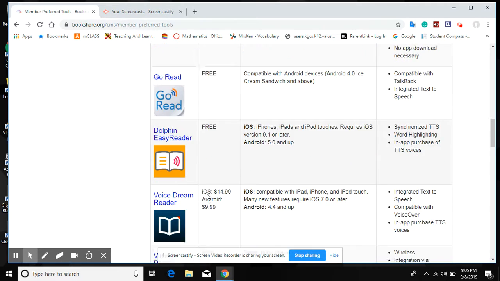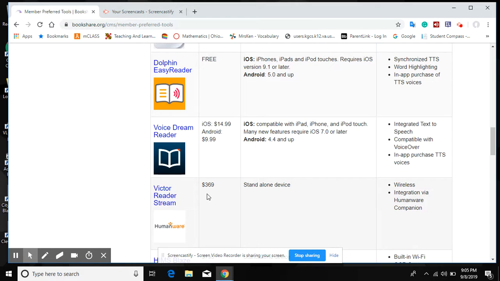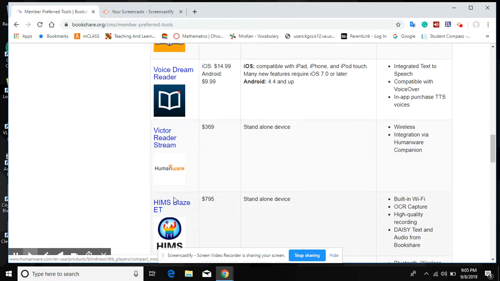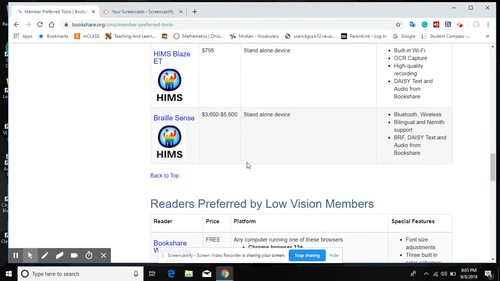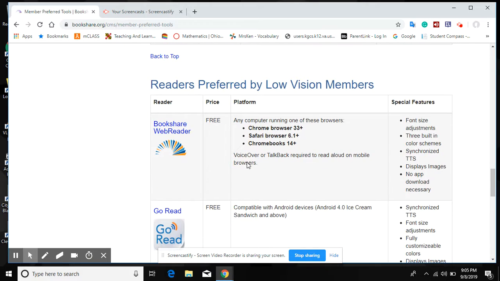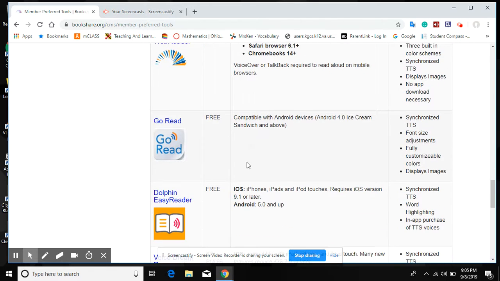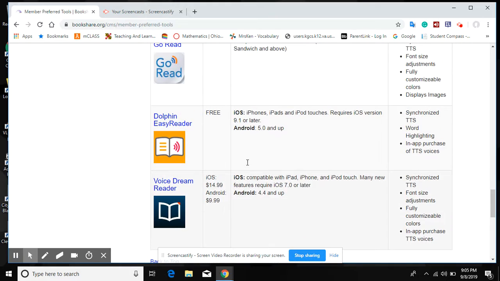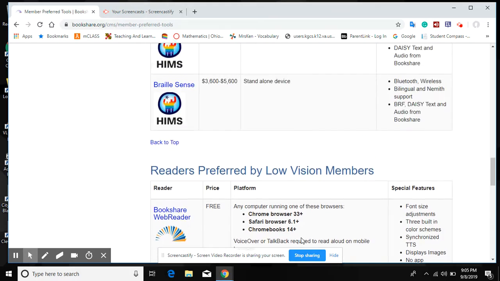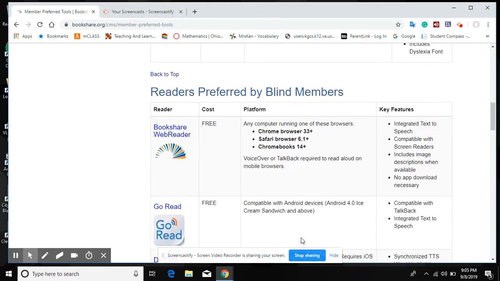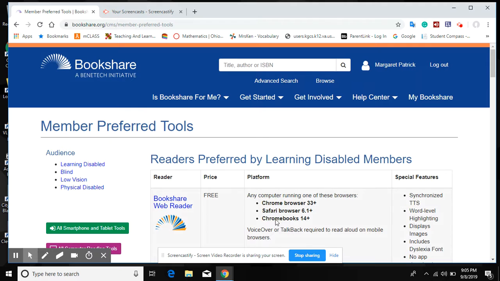You'll see the Dolphin Easy Reader again, the Voice Stream Reader, and the Victor Stream Reader. These are not something that I would suggest because the price alone is $785, and this one ranges up to $5,000. And these are really not preferred. Once again, you'll see the Bookshare and the Go Read, and they're easy to download. But once again, you have to get parents' permission because they do take up some space. But in the classroom, you can download them on a desktop computer. So we're going to go back,